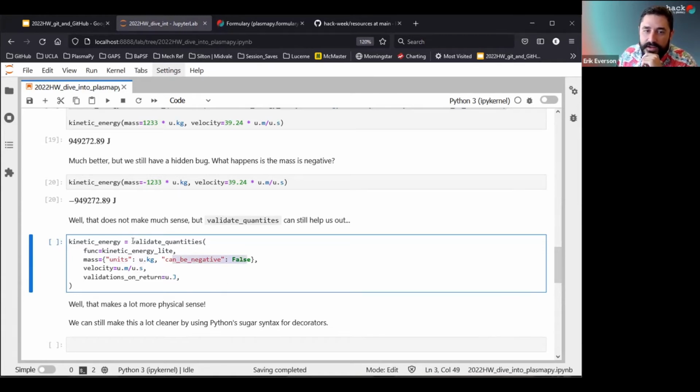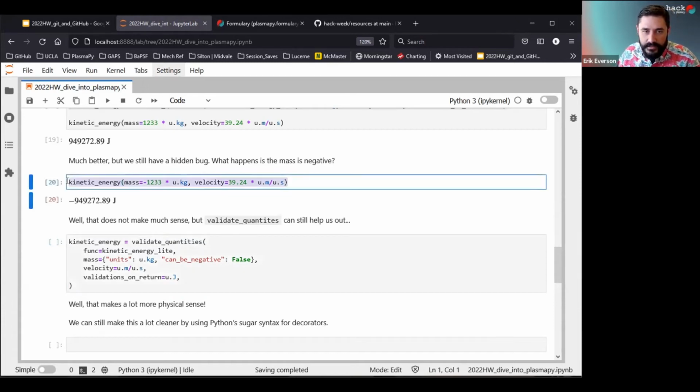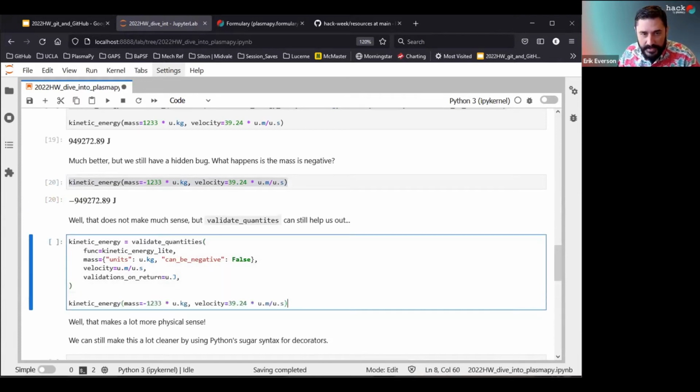This is why it's called validate quantities, because a quantity is both a value and a unit. It's not just a unit, it's a value and a unit. So this function allows you to enforce both units and values. Okay, so we go back up to the previous line and copy our expression for kinetic energy, paste that in,